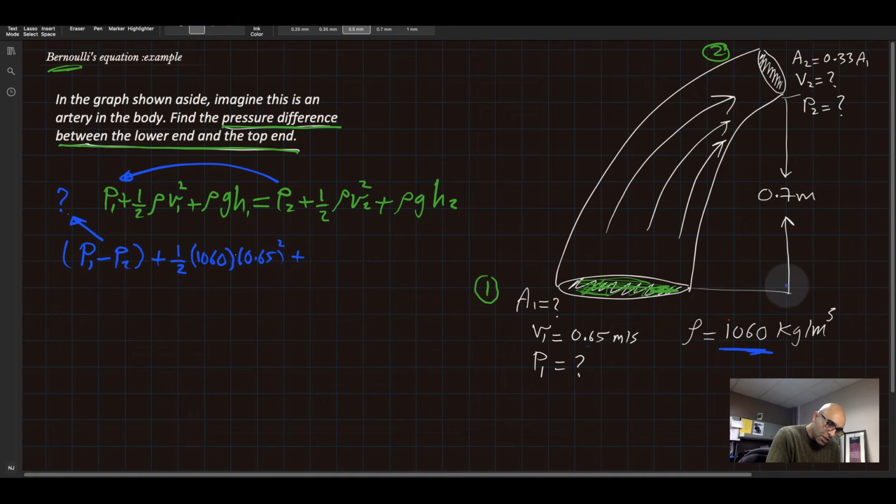If you pay attention, you can see that this is the reference level, and the reference level can be considered at height equal to 0. So this whole term goes to 0. So plus 0, is equal to